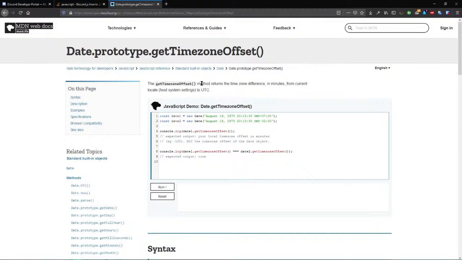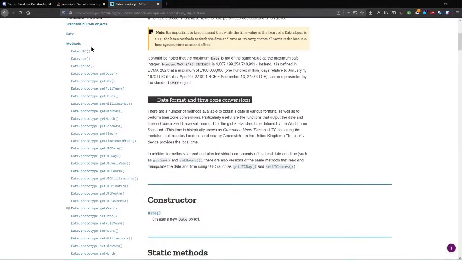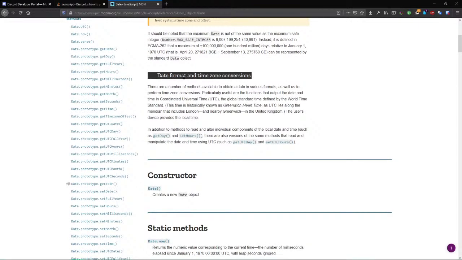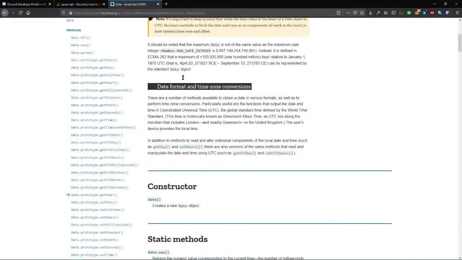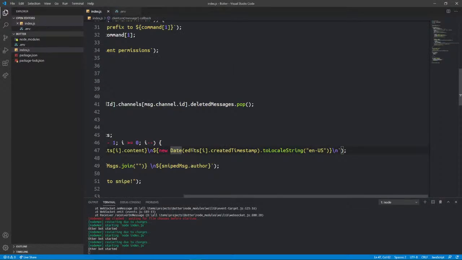That doesn't really work though. Let's go to the date object. Okay, I think instead of doing date here, we can do